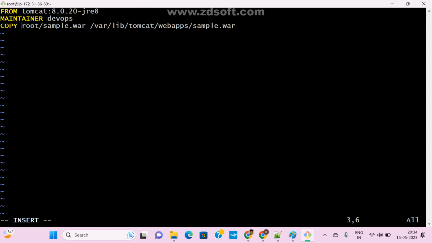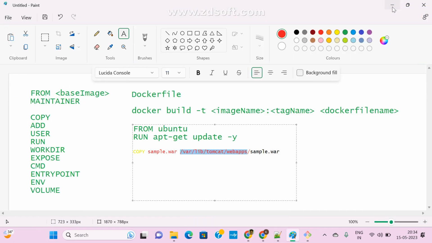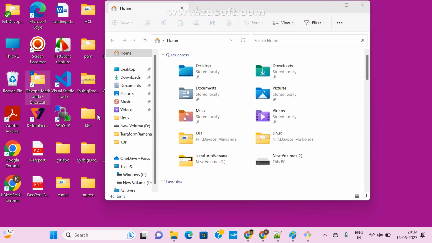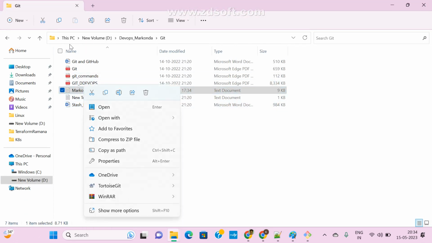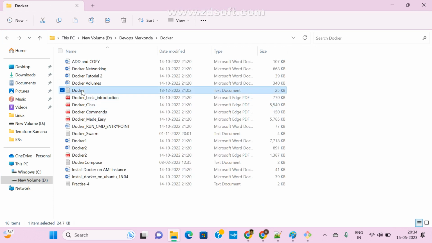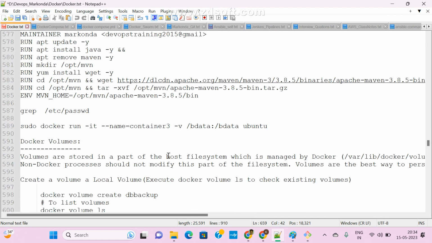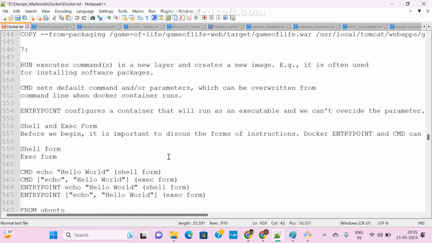Okay, now escape. Let me check it in the window. Already I copied many times, so there is nothing wrong there. Let me check what it is. It's Docker, right? So I hope everyone has this document, right? Already somewhere I used the copy directly; we are using it somewhere.